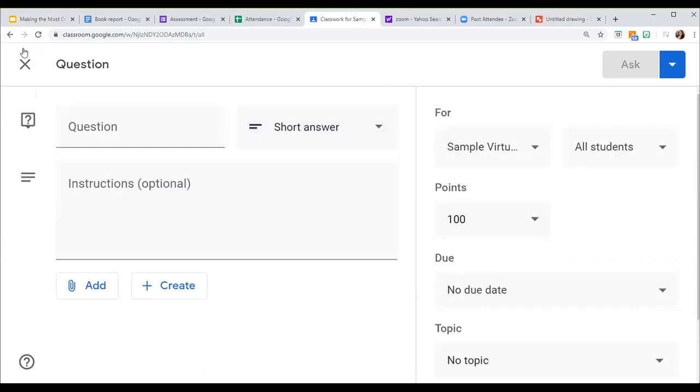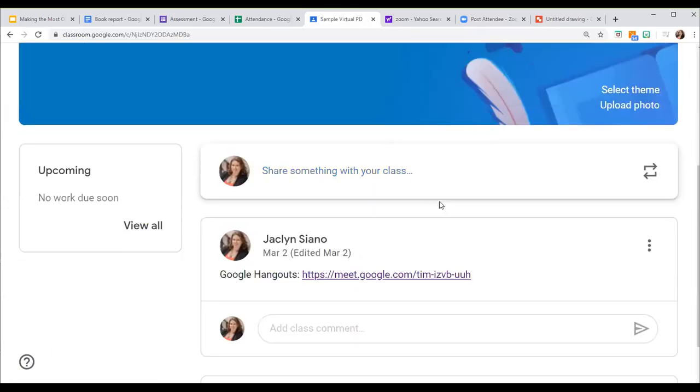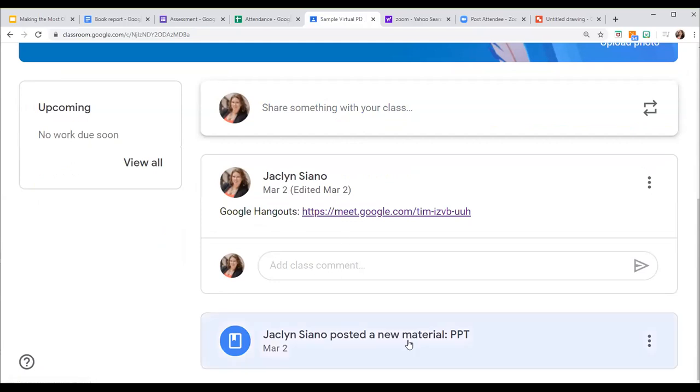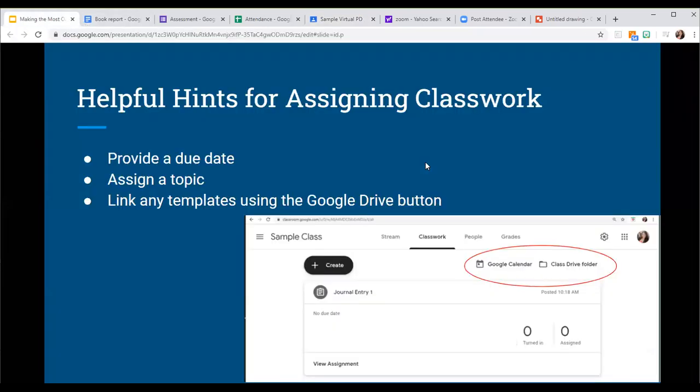So I am assigning whatever I am assigning, and then it will show up when the kids first log in. And I do like that it shows up by date, so they'll see the newest stuff first. If you want to put links in here, if you want to add a PowerPoint or link to a Google slide, whatever you want to do, it all comes up right on this home screen when kids log in. So some of the things that I've